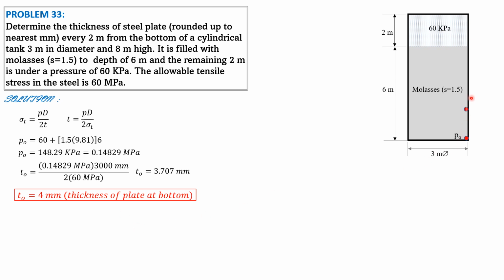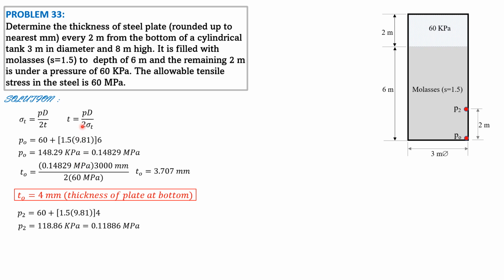Then 2 meters up from the bottom, let's call the pressure there P sub 2. So P sub 2 is 60 plus 1.5 times 9.81 times 4, because this is 4 meters. So 60 plus specific weight of molasses 1.5 times 9.81 times 4 meters. So P sub 2 is equal to 118.86 kilopascals or 0.11886 megapascal. Substitute